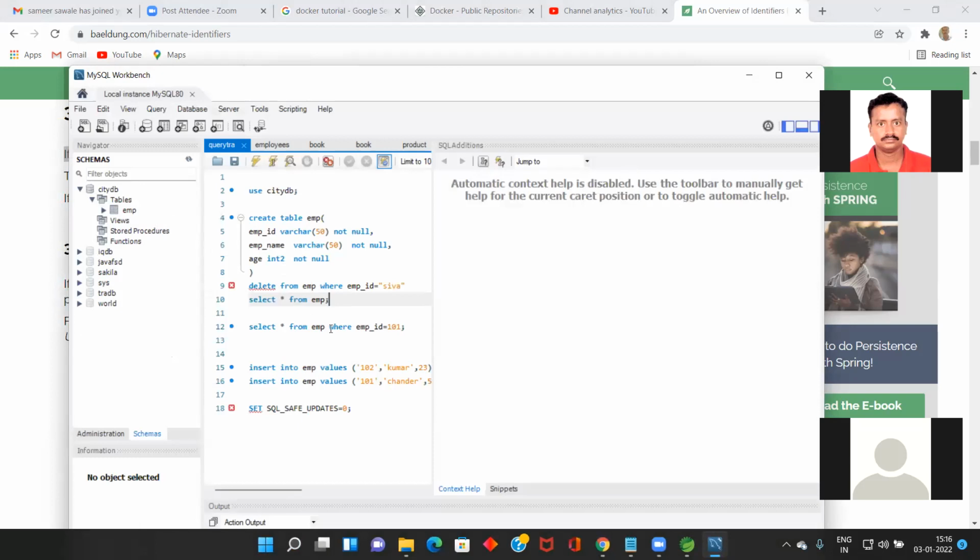Here in MySQL Workbench, this is the table. Let me run select star from product. Yesterday we created the product table. What is our database name? TRADB.